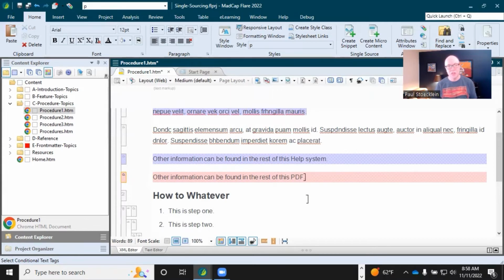Just use common sense when you're doing this. You want to control your single sourcing. You don't want your single sourcing to control you. You don't want to go to the nth degree where you've got a topic that is so hard to read for everybody. All right, so the text, the paragraph, sentences, characters, lists, you can put conditions on lists